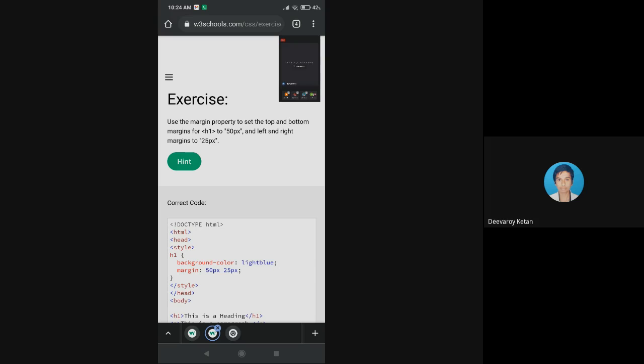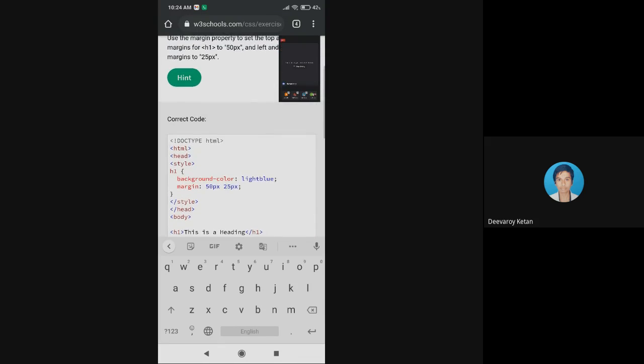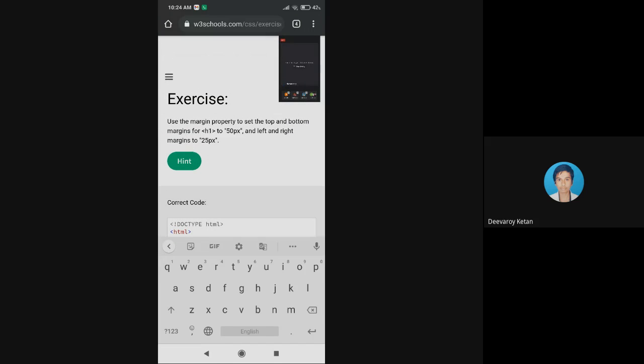So four different values. If you give one value, it will take all. If you remember this code, it will take all the margins: top, bottom, left, right.